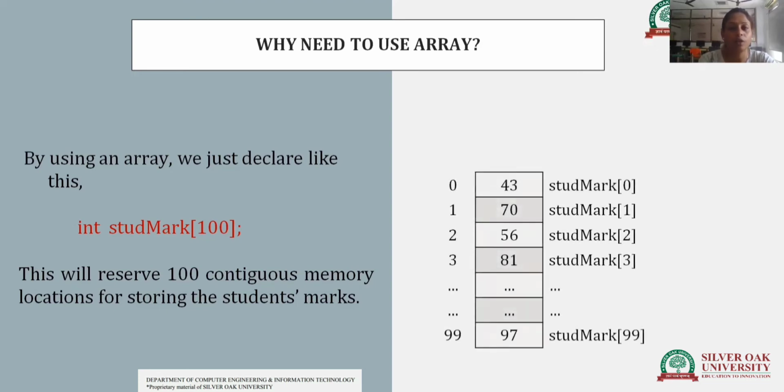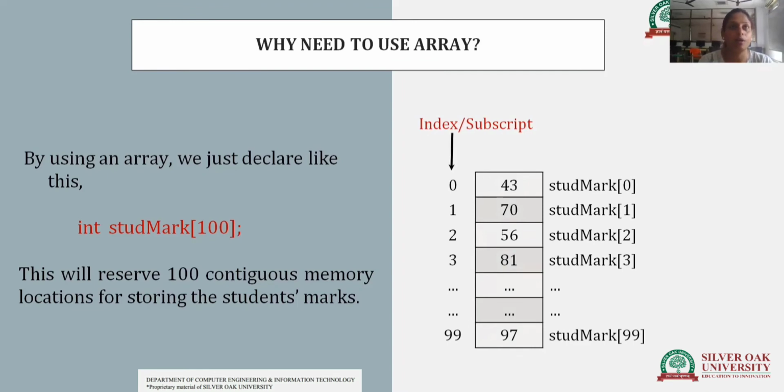So when you create int student_marks[100], your data will be inserted in memory with this kind of structure. See, the index number now. Why do we require an index or subscript? Because for the array, all 100 array elements have the same name.